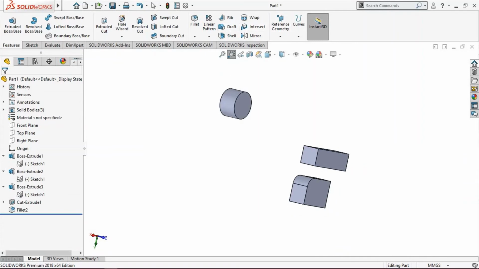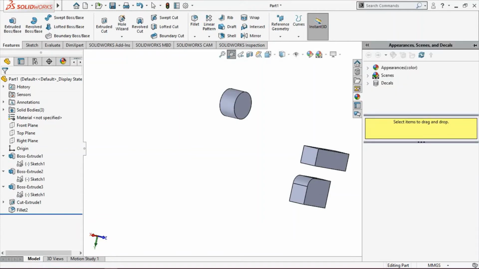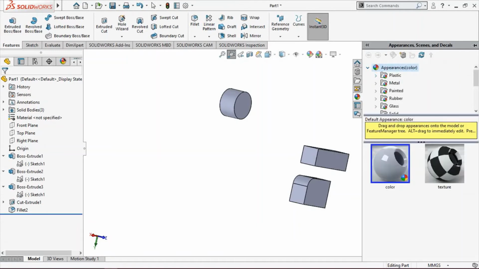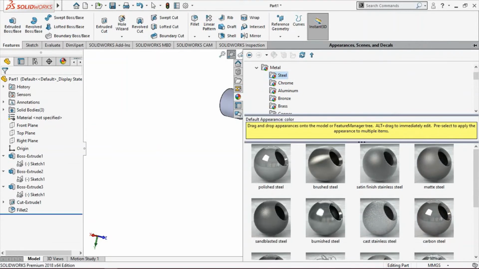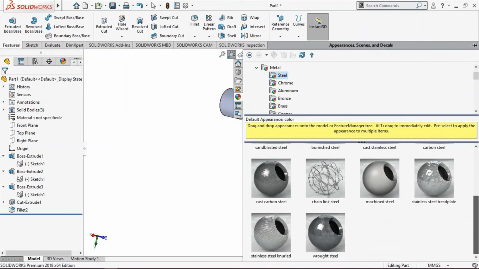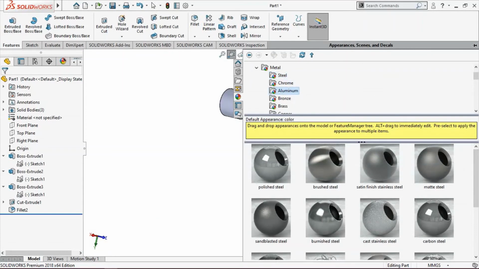Also there are different features you can run. If you come here, this is where I found different materials. If you come here on the appearance colors, by clicking here you find different materials. Here you have metals, and if you look at metals you have steels, brushed steel, and carbon steel. All these are examples of steel. If you click on aluminium,